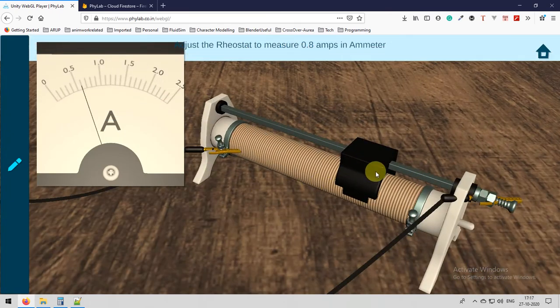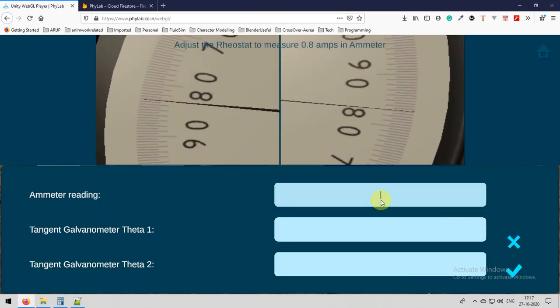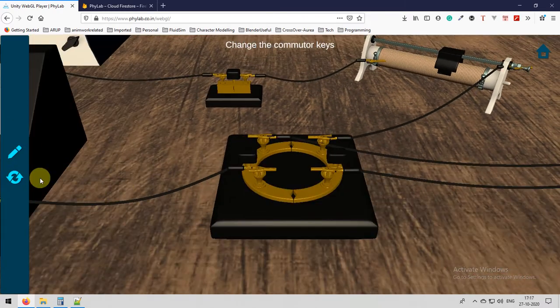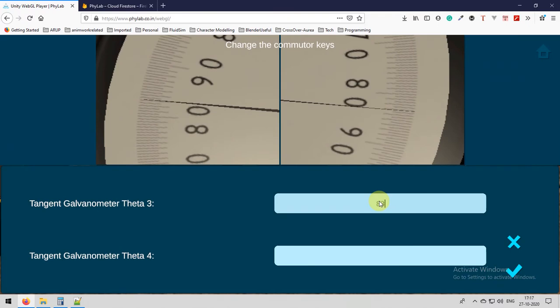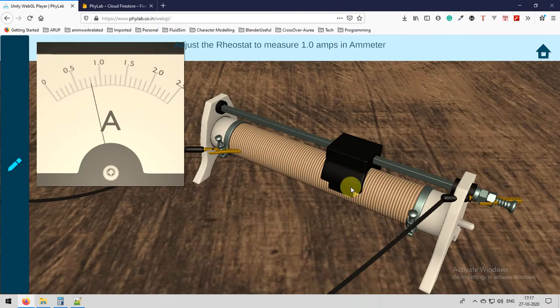Next, move the rheostat so that the ammeter reading measures 0.8 amps. Enter 0.8 in the ammeter reading, and theta 1, theta 2 values will be 83. Again swap the keys. Theta 3 and theta 4 values are 83 and 83.